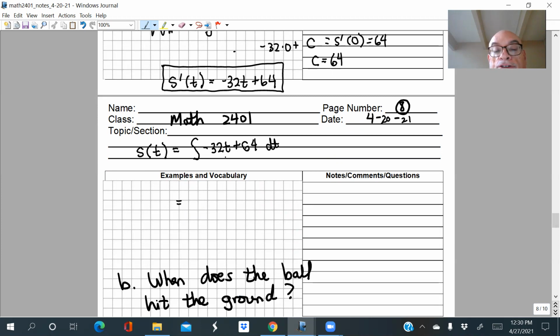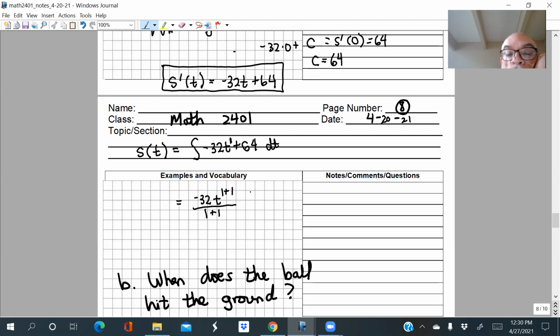First, let's start with the minus 32t. So I want to find its antiderivative. That is a power of t, so you can use the anti-power rule. So what does the anti-power rule say? What are you going to do with the exponent? The exponent here is 1, by the way. Add 1, right. So you get t to the 1 plus 1 divided by the 1 plus 1, divided by the 2, okay?